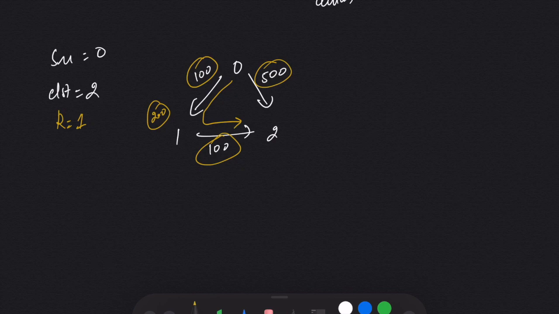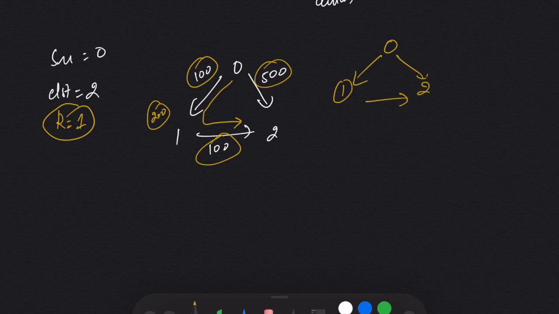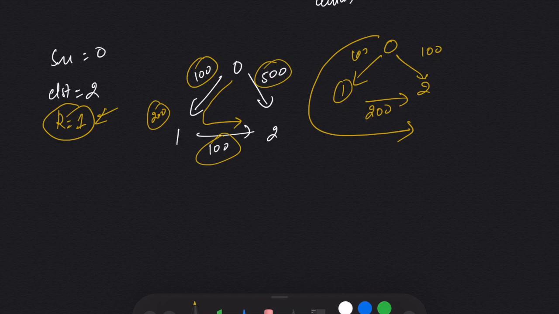And not just the price, we also need to take care of k, because it doesn't matter if this was this way, we have to take this path, because the question is asking us that we need to take one stop, and here is no stop, so that's why we are also taking this path.